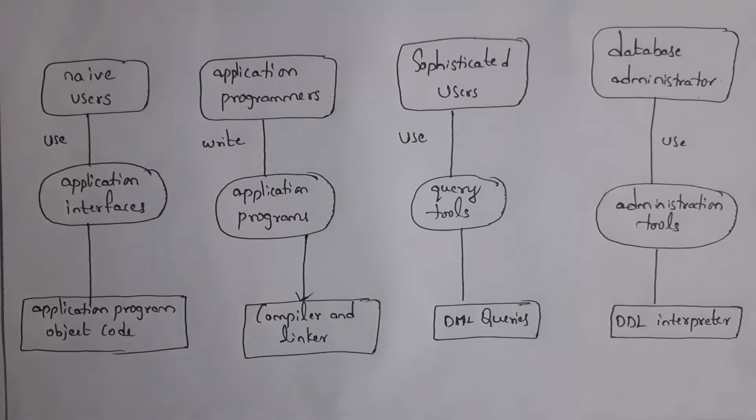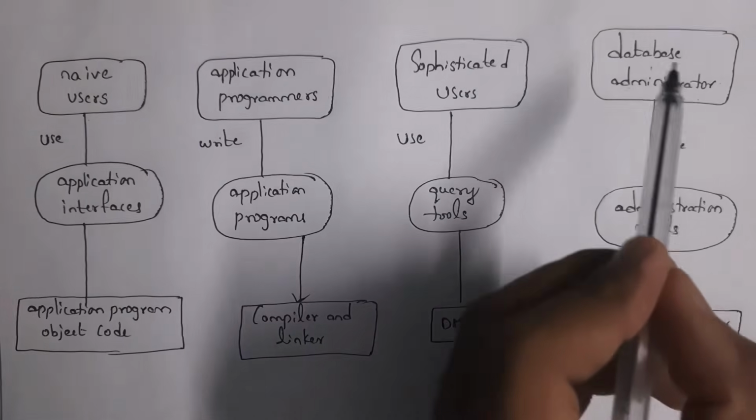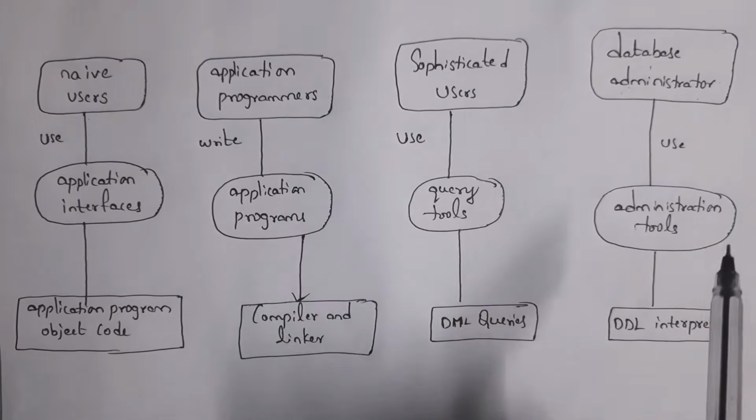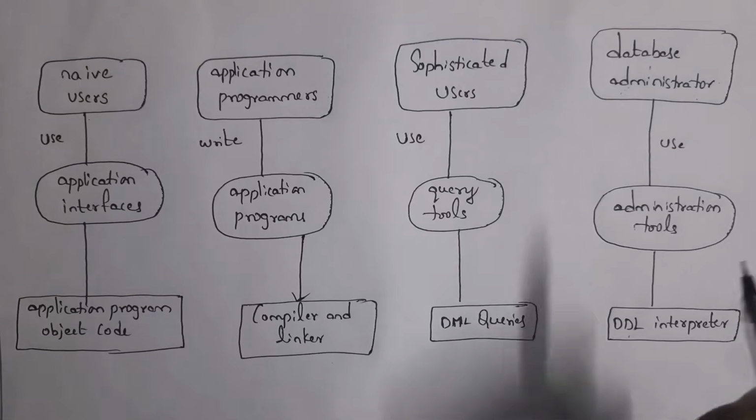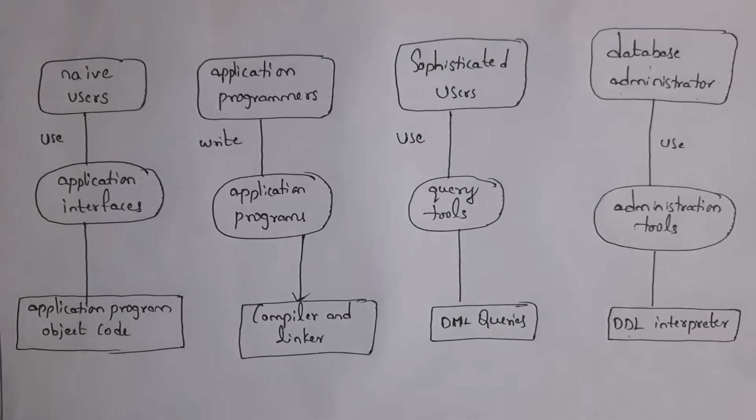Defining structure is nothing but creating the database, creating tables and creating columns. Except inserting data, creating database, creating tables and columns comes under data definition. In order to define the structure of the database, this database administrator must write data definition language queries. Whenever the database administrator writes data definition language commands, all these commands are handled by the data definition language interpreter. This data definition language interpreter will process and execute commands which are written by the database administrator.